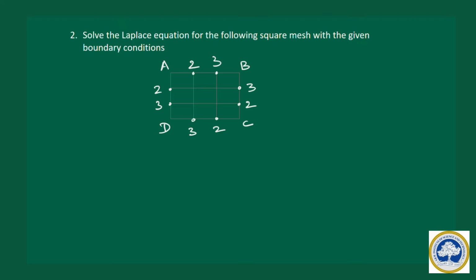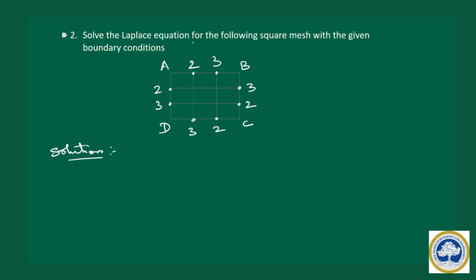Let us see the second question. Solve the Laplace equation for the following square mesh with the given boundary conditions. So here the boundary conditions are given like this for a square mesh ABCD. Now if you notice the boundary conditions, they are symmetric about the diagonals AC as well